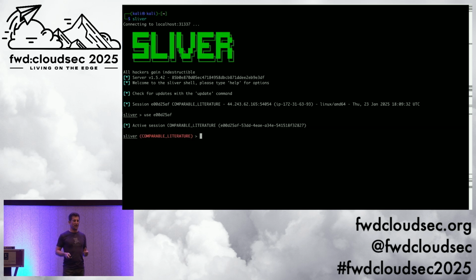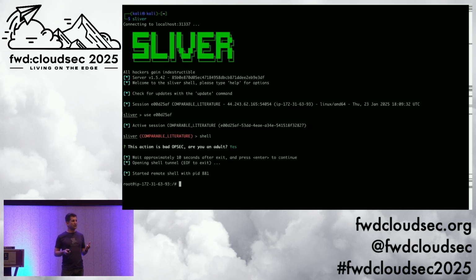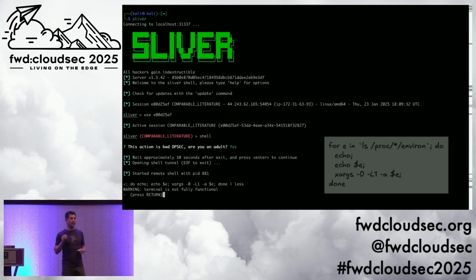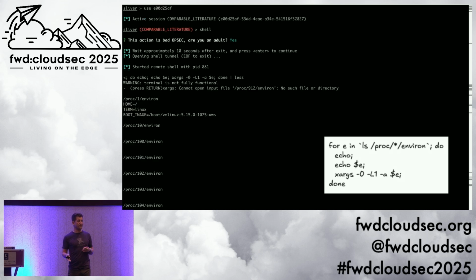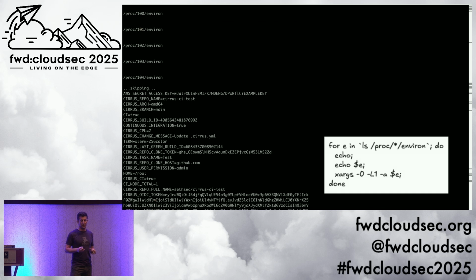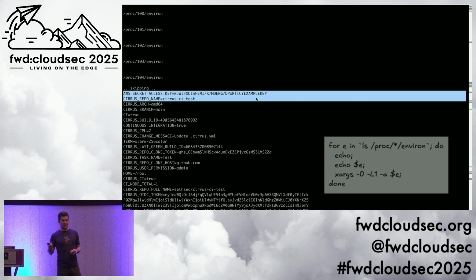I have the shell. And this time, I'm not going to look for IAM permissions. I'm going to see if I can get those encrypted secrets. To do this, I used a trick that I learned when I was doing Kubernetes breakout research, where I'm going to print the environment variables of every single process. Some of the processes don't have any environment variables, but what I'm looking for is the process that has the CI task running. And that's what we see here. I finally found it.